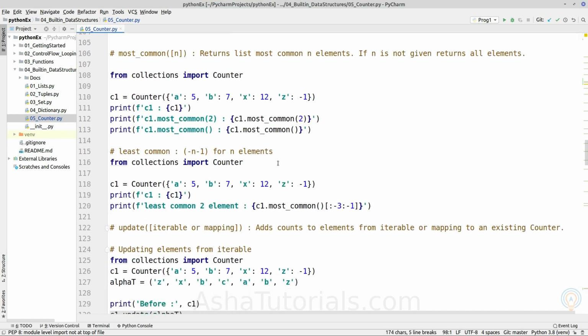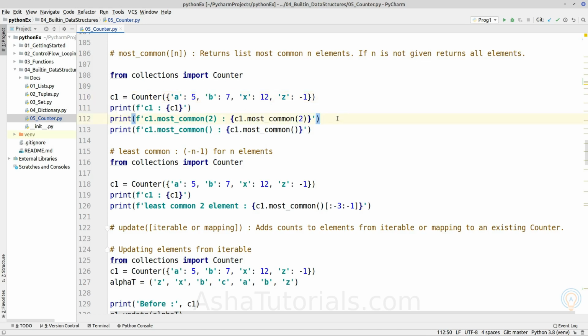The next method is most_common, which returns the n most common elements from the counter, and takes n as an optional argument. So if n is provided, it will return the n elements which have the highest counts.